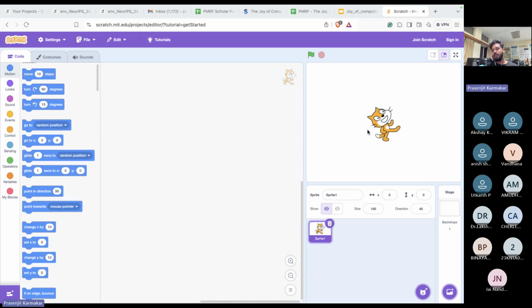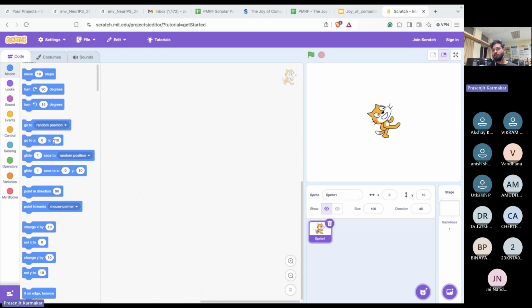The middle of the screen is 0 0. Let's say I want to go 10 steps to the top, so I write 10 here, and if I click on this, it goes 10 units in the Y direction and 0 units in the X direction. You get it, right? If I click again,